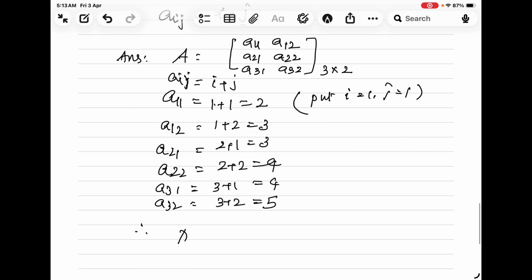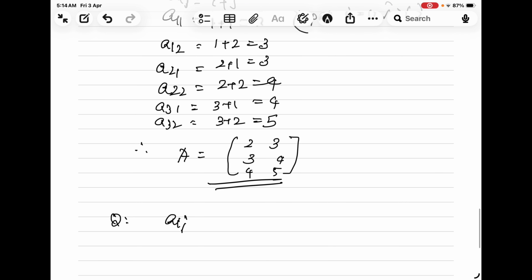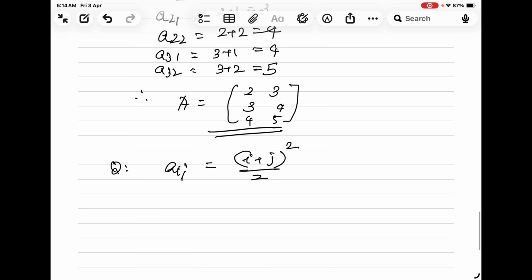Therefore, matrix A equals, we can write the elements 2, 3, 3, 4, 4, 5. This is the matrix. So we can find the matrix when the value of Aij is given, then we can write the matrix. One more example. Aij equals i plus j whole square by 2. Form a matrix